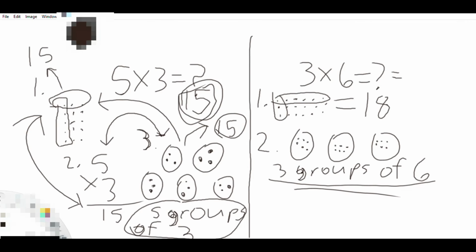It's very important also. You must remember that. And the answer is pretty simple. So 3 groups of 6. So technically, let's count the dots in there. 1, 2, 3, 4, 5, 6. 1, 2, 3, 4, 5, 6, 7, 8, 9, 10, 11, 12, 13, 14, 15, 16, 17, 18. So this also equals 18. The result for this